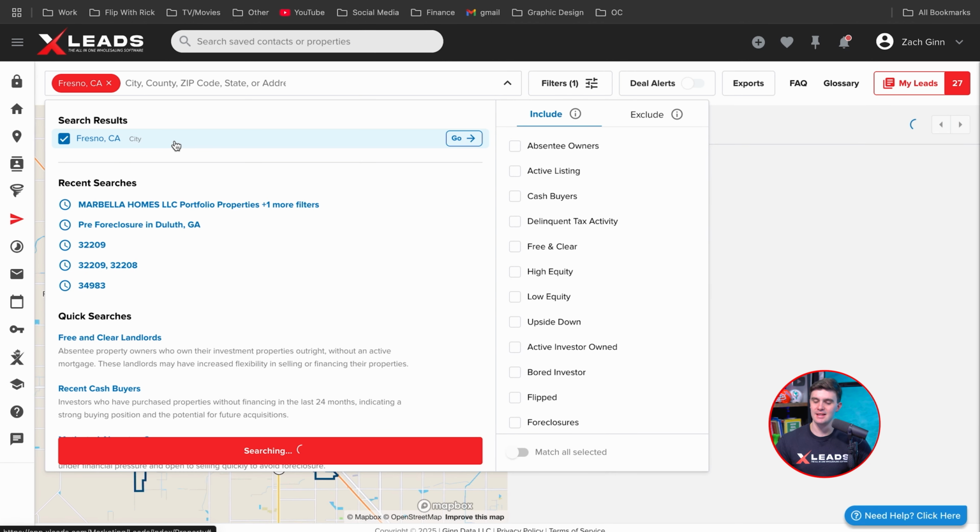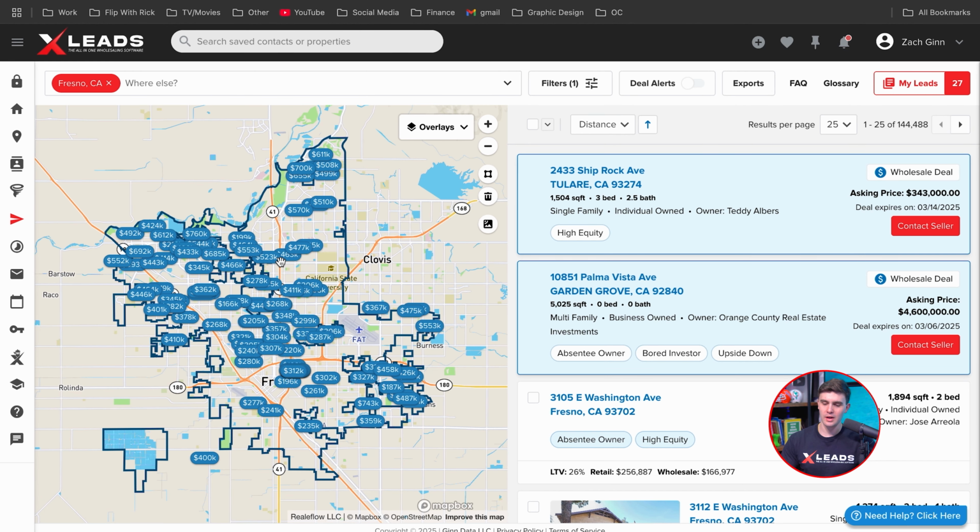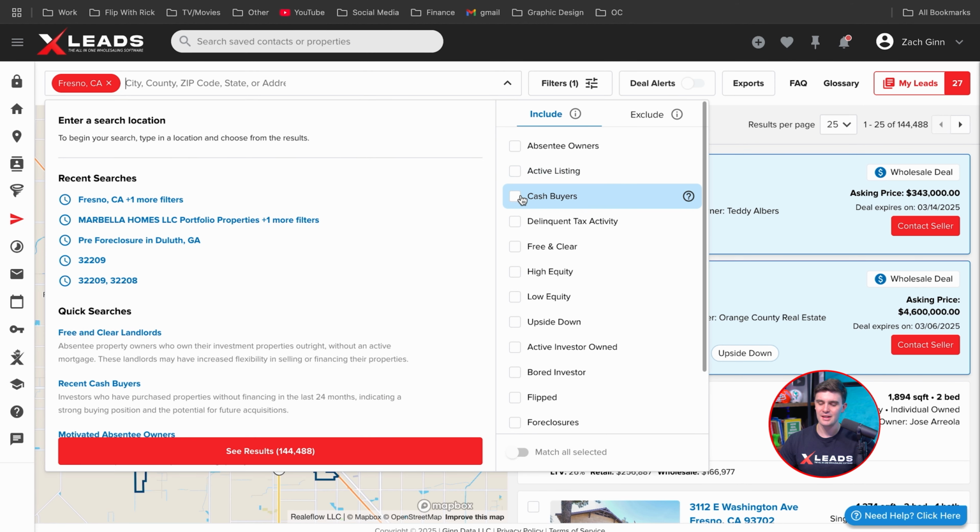And we're going to click the city. Now you can do the county or the city, whatever you want. I prefer you do the county if you want to get a general idea of where in the county. But if you want to get an idea of the city, that's fine too. So what we're going to do is go to see results here. When we look at a certain city, we're going to see there are cash sales and there's regular sales and all these things. The best thing to do is go to this little arrow down, click that,